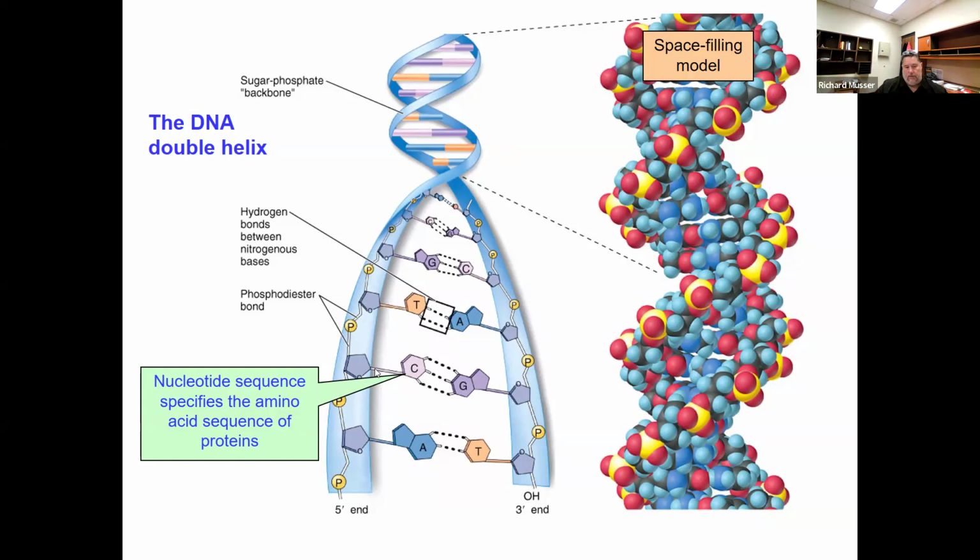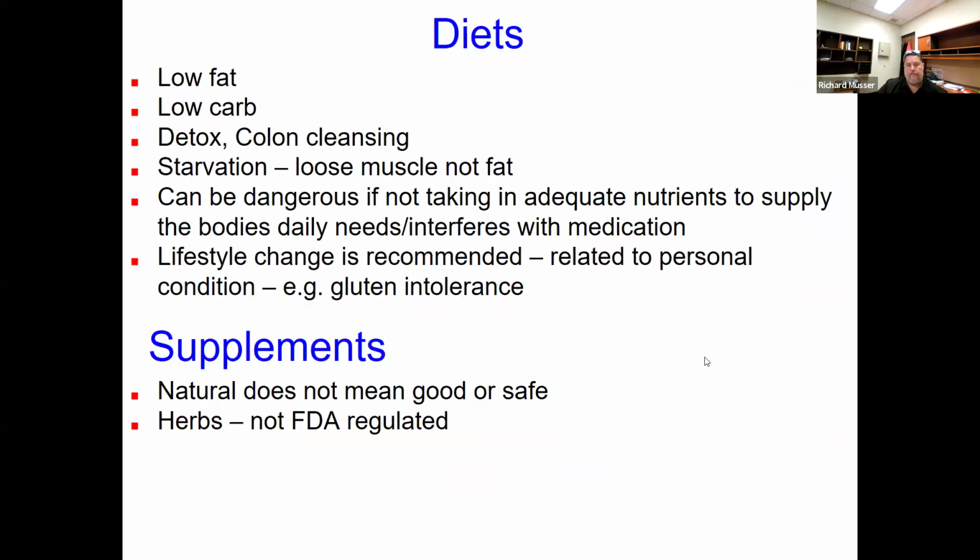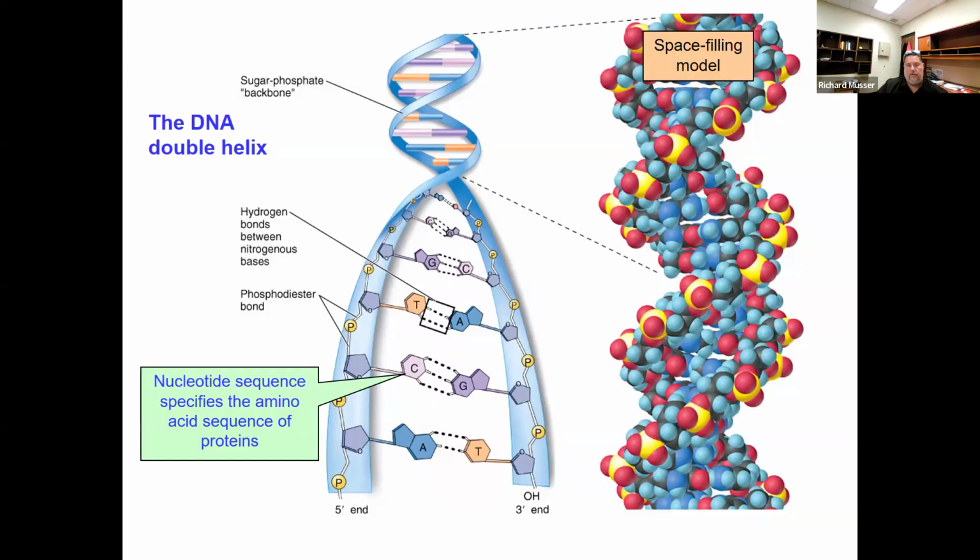This is the chemical structure of it. So here's our sugar, phosphate, remember the covalent bonds. And then over here is what it looks like if we were to have our outer shells, and you can see the whole atom. This picture is supposed to represent the outer shells of the atoms and the electrons and all that kind of stuff. So it shows you just a little bit how everything's filled up. Let's look at this a little bit further.